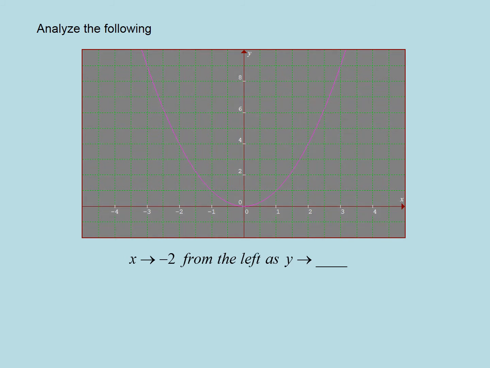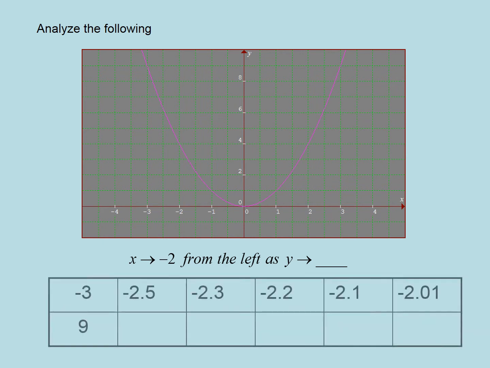Now let's look at x approaches -2 from the left. See what the y value approaches. And again, we're going to look at this numerically first, and then we'll look at it graphically to see if we can verify our results. So if we plugged in -2.5 to our function, -2.5 squared is 6.25, -2.3 squared is 5.29,